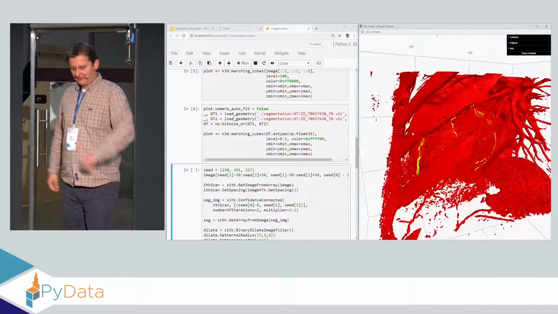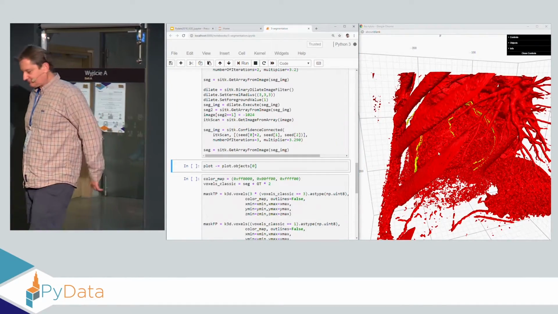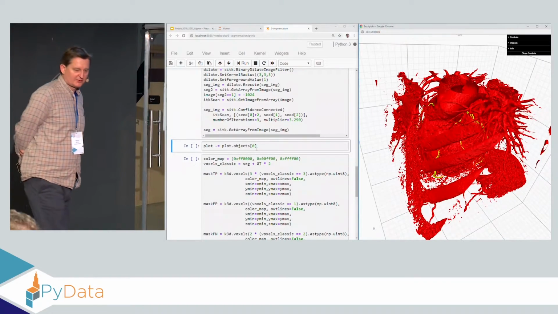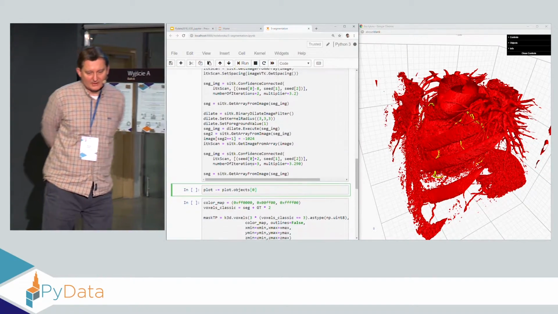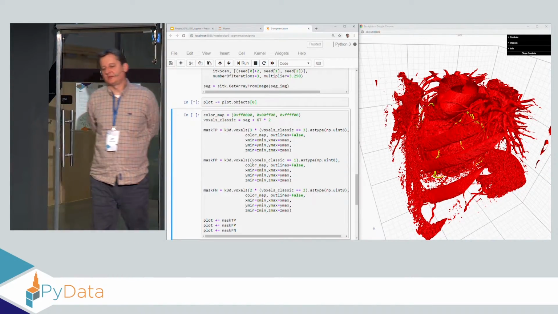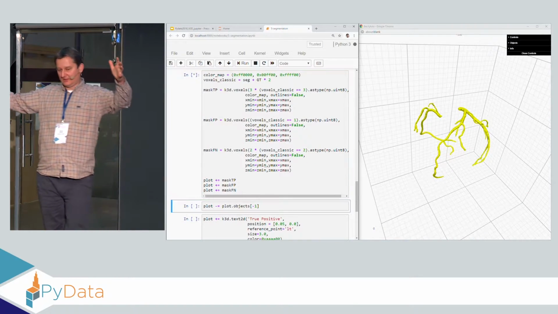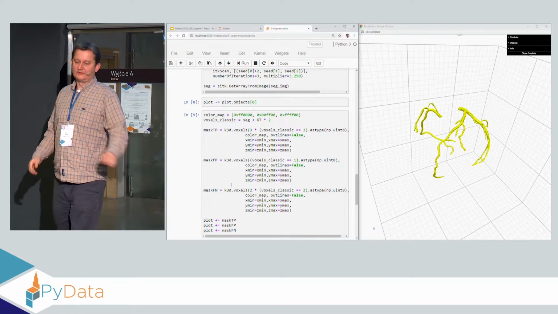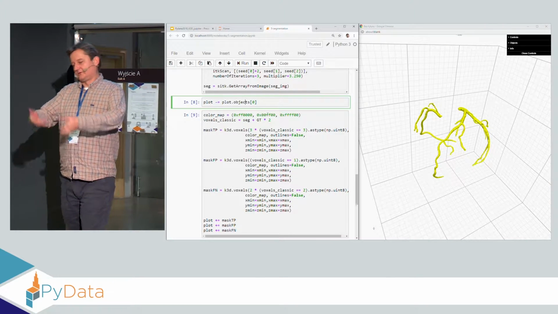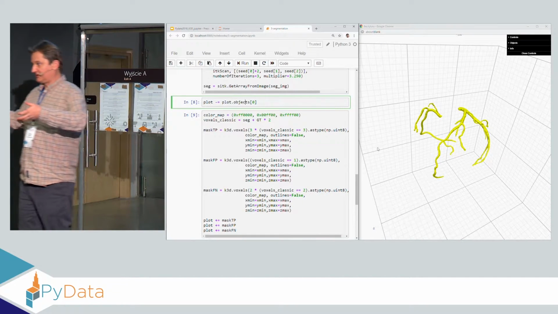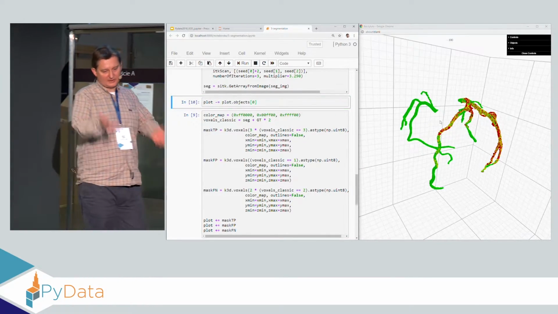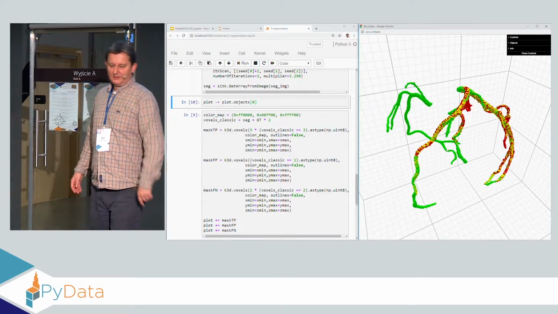Yeah. Now we have the so-called ground truth. So the yellow surface, actually this is represented as a surface, I think. So this yellow surface is what we know our artery looks like. We know our scan is this red one, and we want to test some segmentation algorithm and compare it voxel by voxel. So what we do, we can run our algorithm, which was in the cell above.